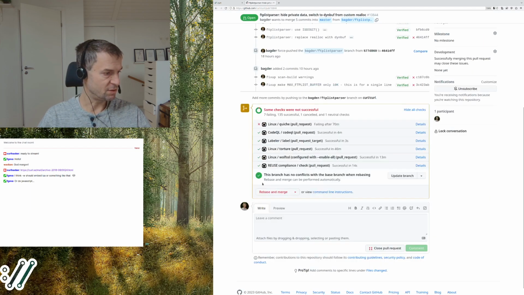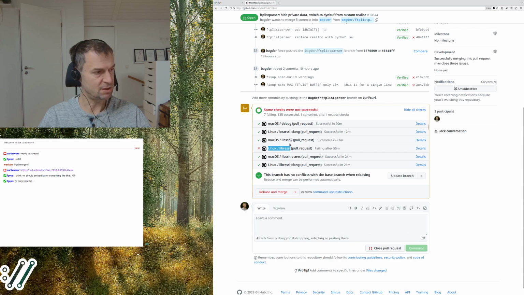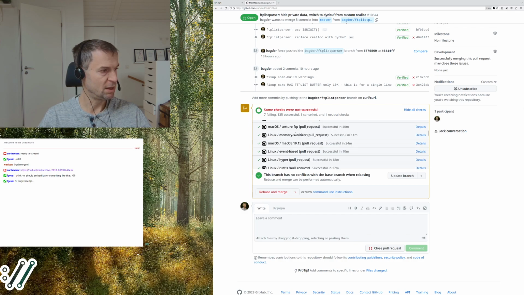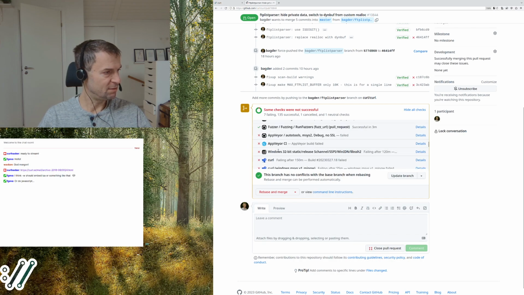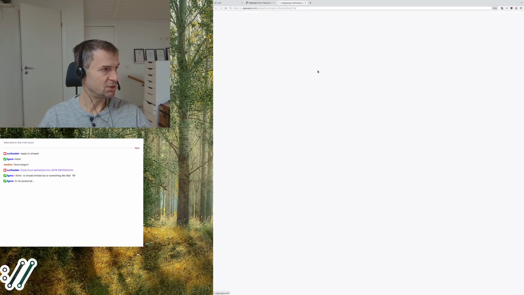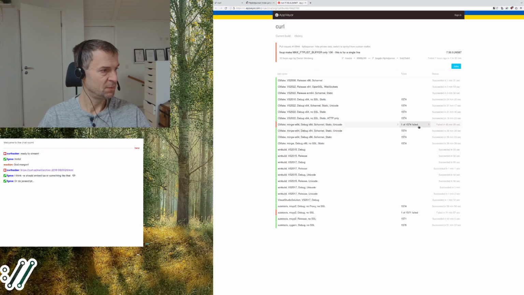is, first, of course, it has a lot of failed CI jobs, but I checked them this morning. So this one and this one, they're flaky errors. They're not caused by this PR really. And then we have the regular flaky builds, and they are the Windows AppVeyor ones. I also checked those before. If I check them at AppVeyor, you can see that 1 out of 1574 failed and 1 out of 1571 failed. And they are also,